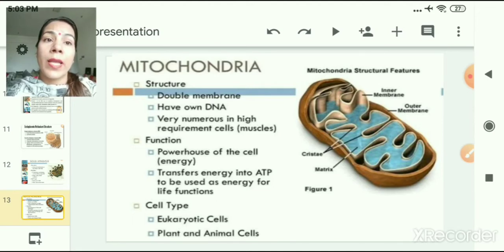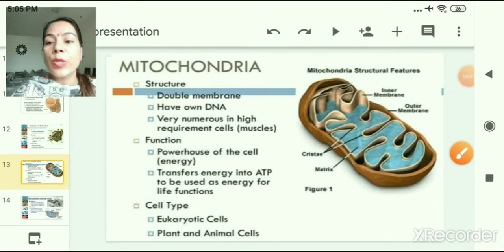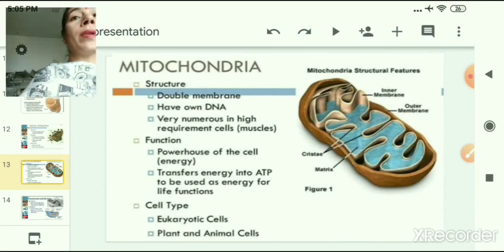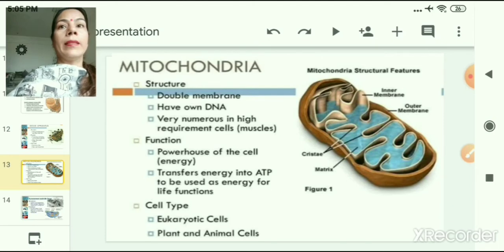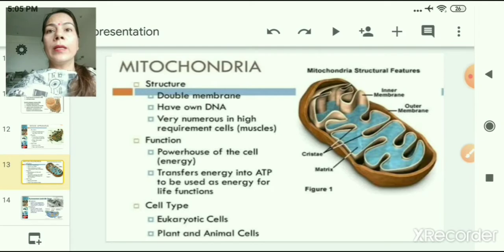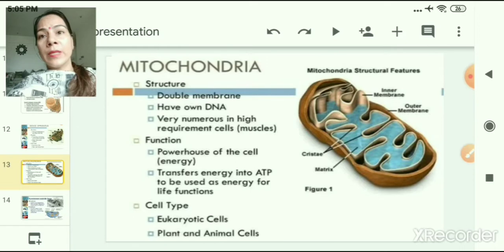It has its own DNA, and the body uses energy stored in ATP for making new chemical compounds and for mechanical work. Mitochondria have two membranes covering instead of just one. The outer membrane is very porous while the inner membrane is deeply folded inward. These folds create a large surface area for making more and more ATP by chemical reactions. Mitochondria are strange organelles in the sense that they have their own DNA. And this DNA is called non-genetic DNA.